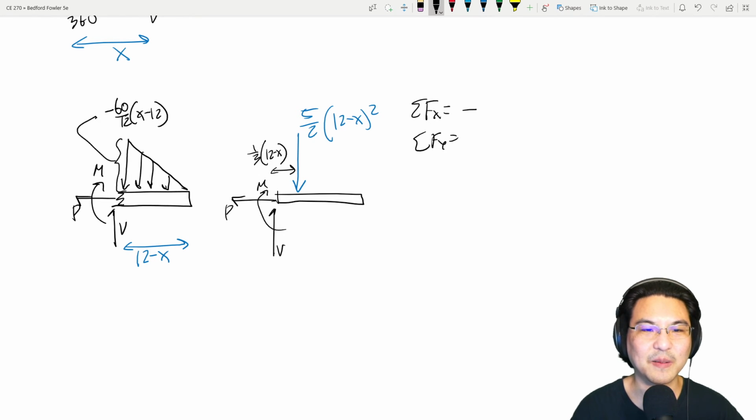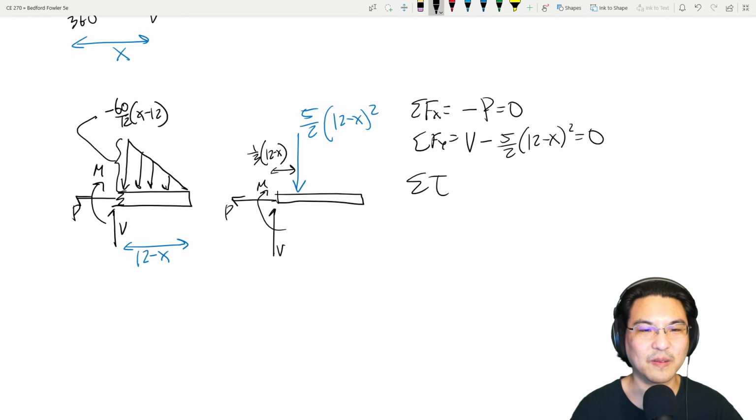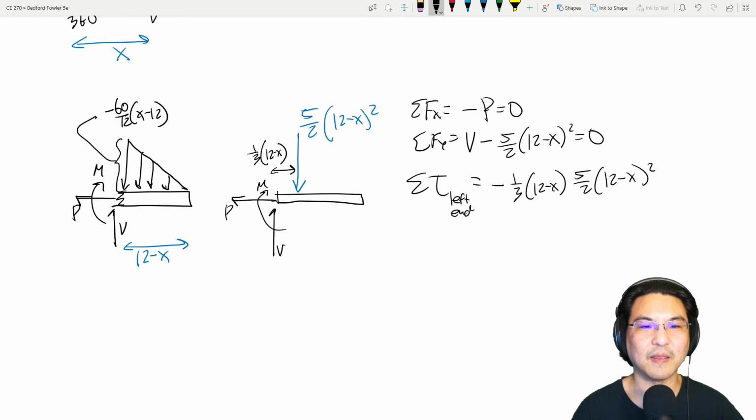Okay, in the x direction, minus p. In the y direction, v minus this. In some torque about this left end. Okay, so then there's torque from this, so minus 1/3 12 minus x times this. Okay, and then that is in the negative z, so minus. Okay, so